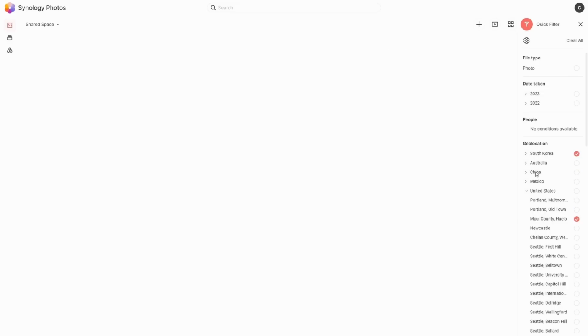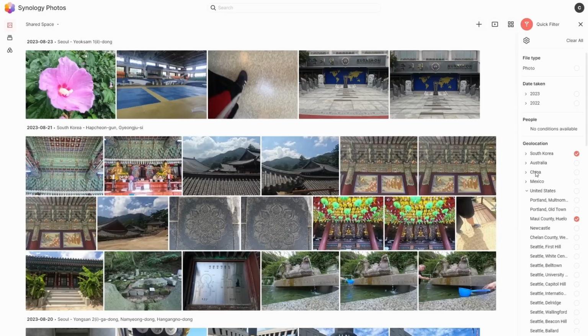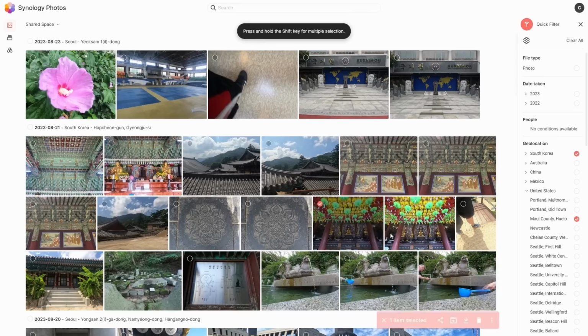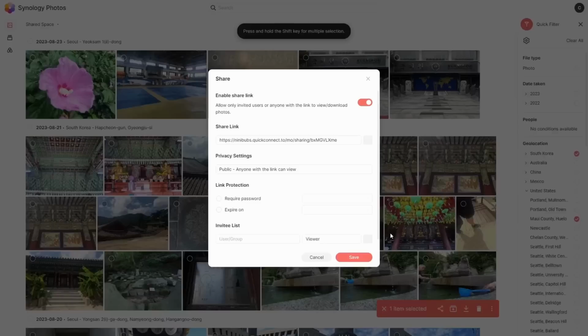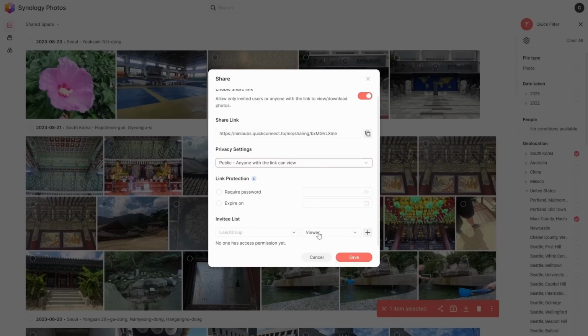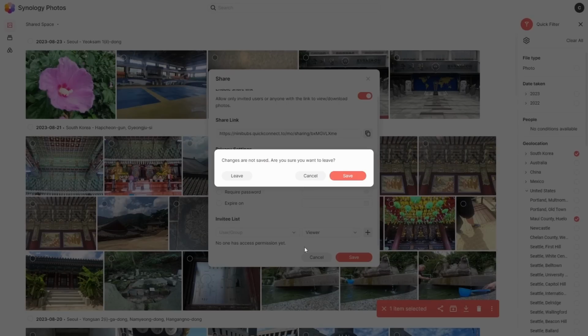Likewise, once you've done all this different filtering inside of this environment, you're also able to easily share this data with third parties. And this is going to be where Synology Photos really shines for professionals and home users alike. You're able to right-click any folder or photo itself and then provide some sharing details like you see in this menu. You can get your share link, you can do a public or a private share, and you can also password protect those shares on top of adding things like a validity period to the share link itself.